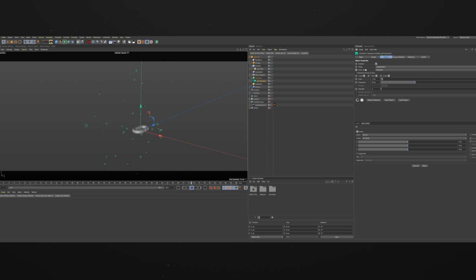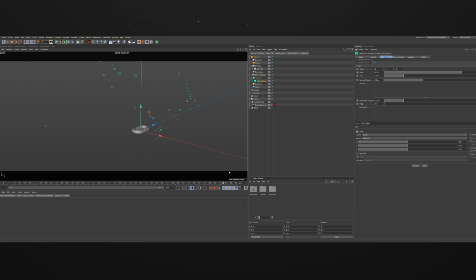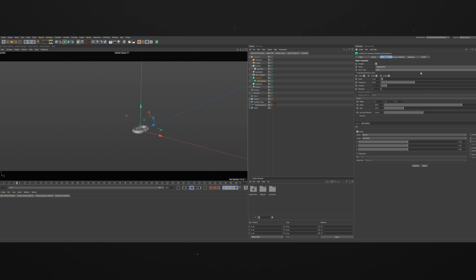And then finally, my noise type is standard. I like to put that on curl. And you get more of this curly, wispy kind of effect. And what we're looking at now is it's still pretty intense. But let's see it in action with